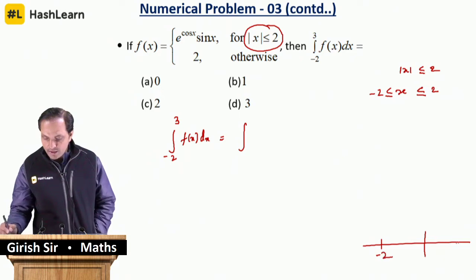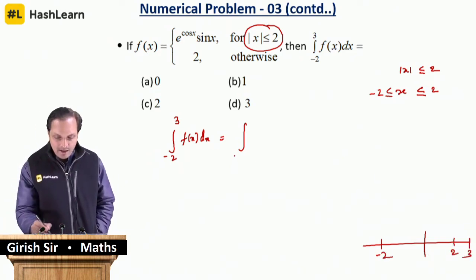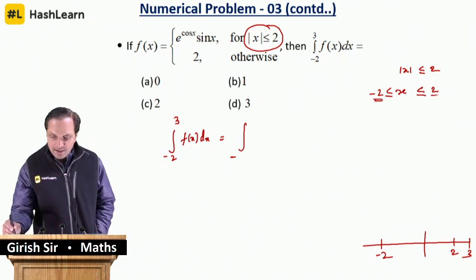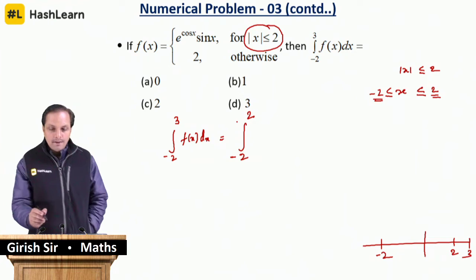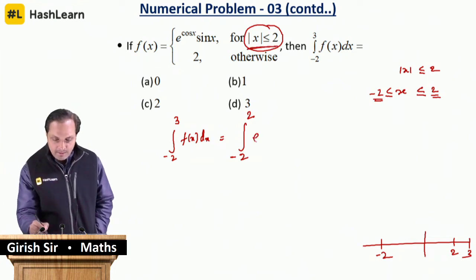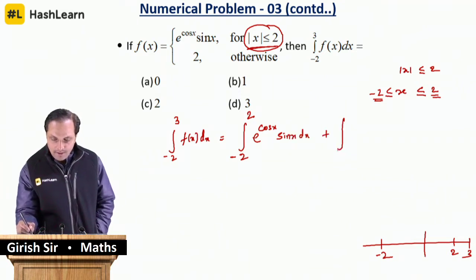You will have -2 here, +2 here and 3 here. So -2 to 3 you have to split: -2 to +2, the function is e to the power cos x into sin x, and from 2 to 3